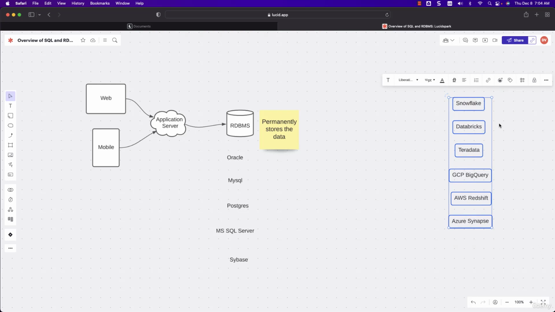We'll understand where they come into the picture very soon, but keep in mind that these are not typically used for transactional based applications, especially web or mobile applications which accept transactions from the customers. For a retail core application, we use one of these RDBMS technologies. For analytics type of applications, we use these. We'll go to the details very soon. Now, if someone asks you what all database technologies you have used, first you have to categorize and then answer. You should say, I have worked on so and so RDBMS database technologies and also so and so data warehouse technologies. When it comes to SQL, SQL is common across all these.